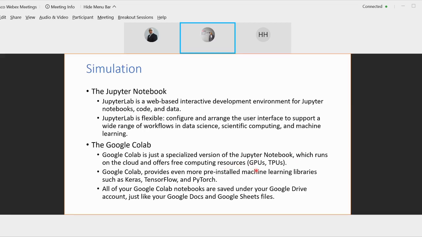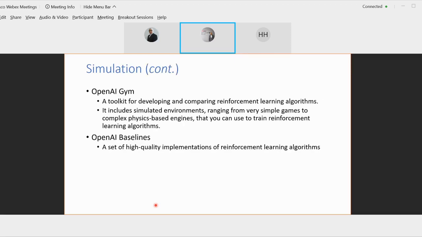So you can use Google's GPUs and TPUs, tensor processing units, to do your reinforcement learning computations. It even provides pre-installed machine learning libraries such as Keras, TensorFlow, and PyTorch. And all your Google Colab notebooks are saved under your Google Drive account, just like your Google Docs and Google Sheets files. So again, you can share with other researchers, and you can create a local copy of other notebooks and so on. So let's see briefly